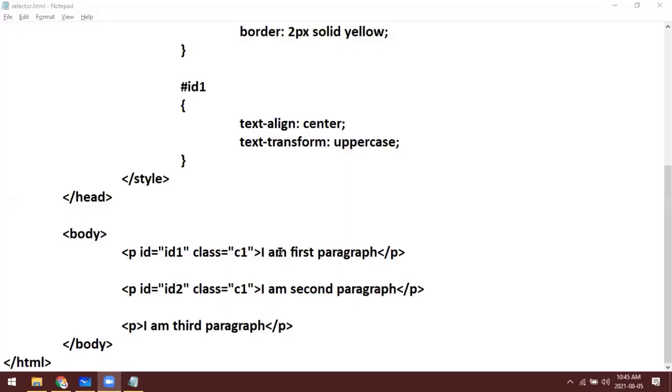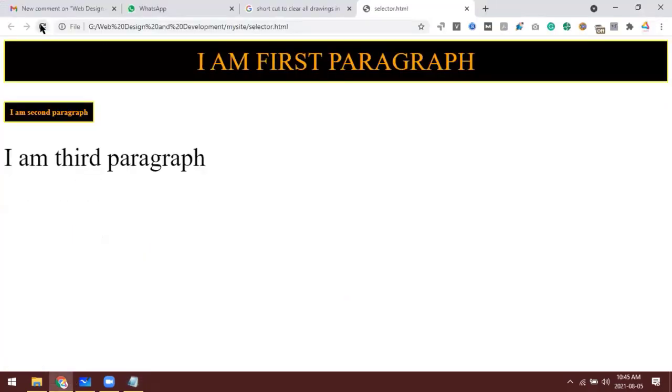Let me show another way of using the selector. Instead of paragraph, let's say bold. Bold is a default tag in HTML, right? Now if you refresh it, you are having it like this. Why?